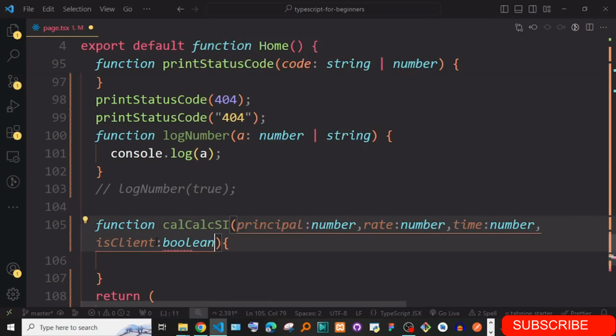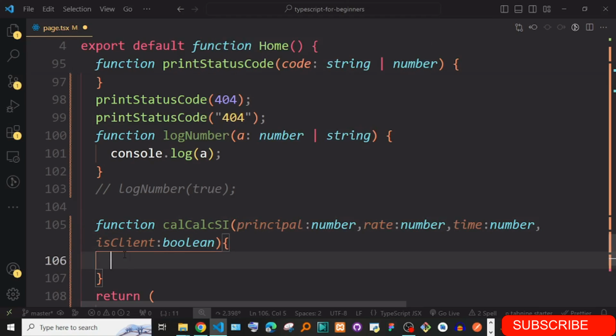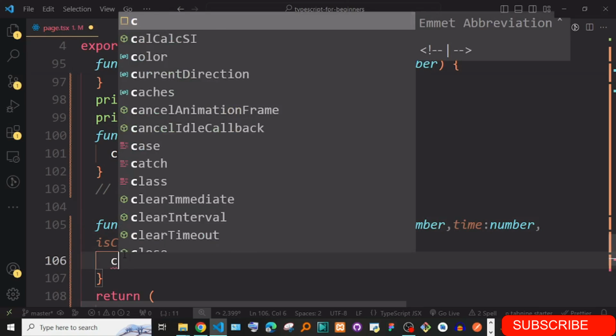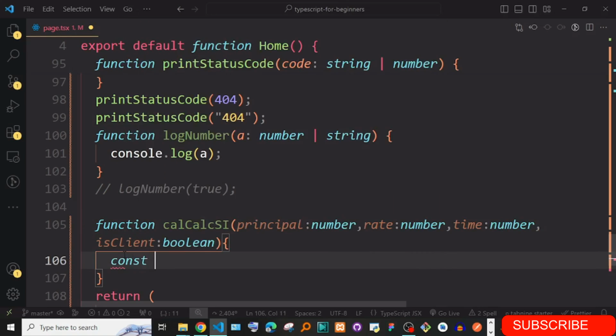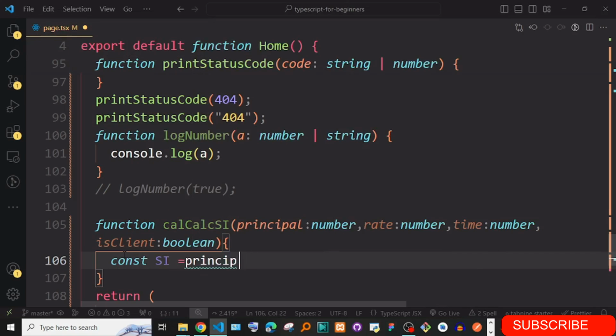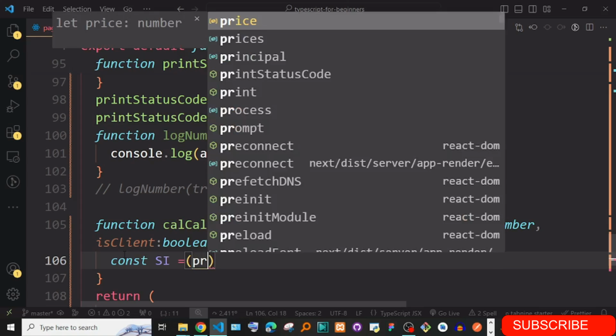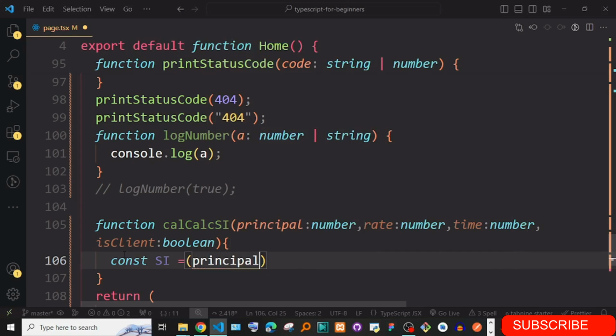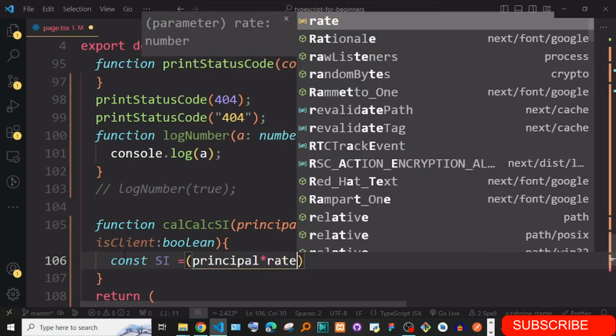Okay, just like this. And then inside here you can go ahead and say const si is equal to maybe principal, put a bracket. This is going to be principal times rate times time.